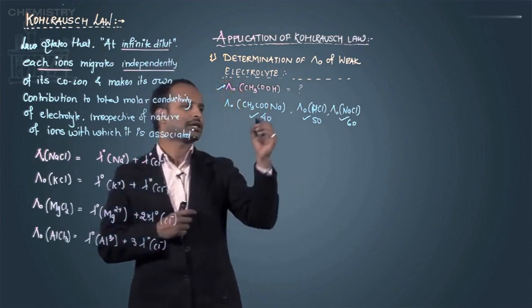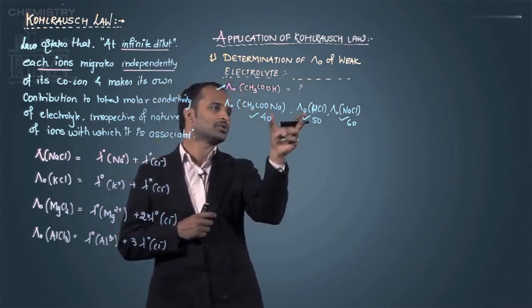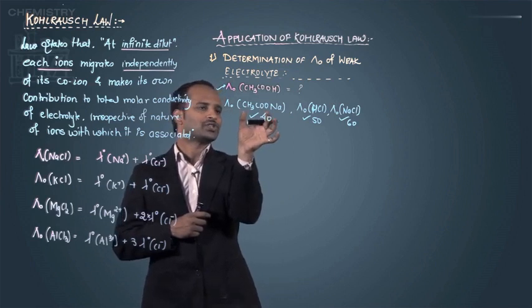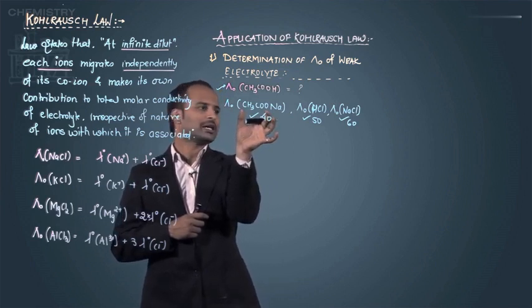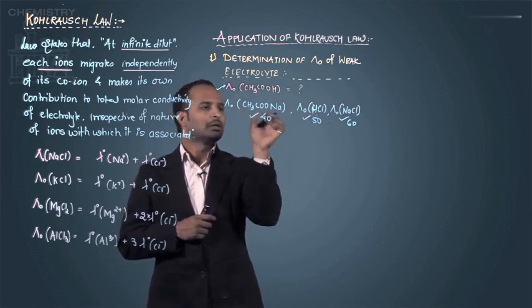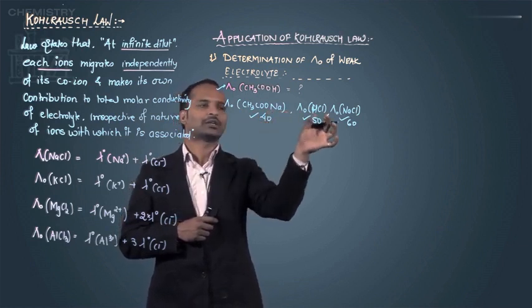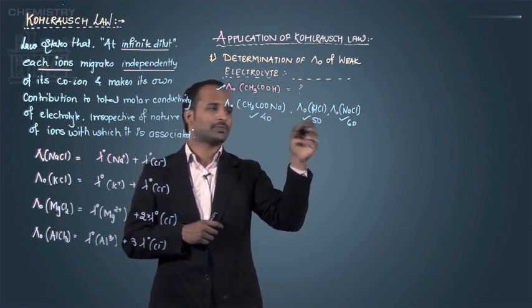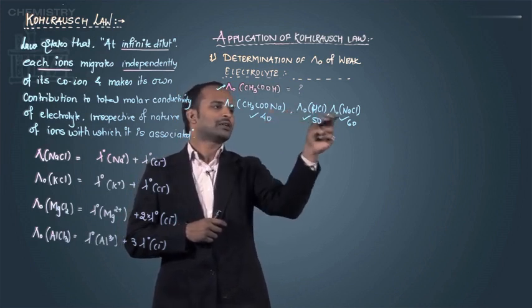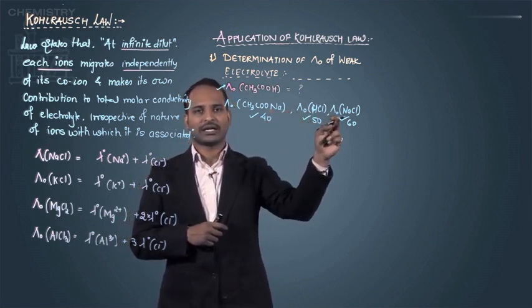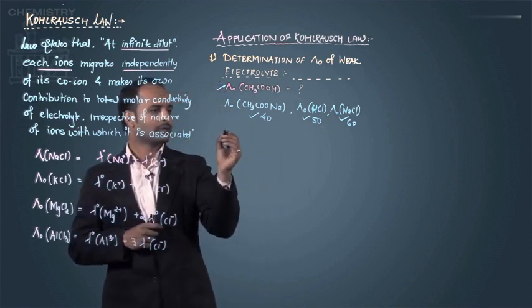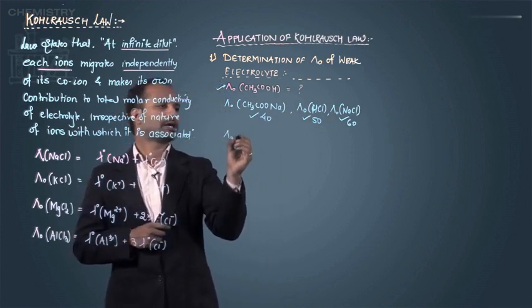ion. So simply I will say that here I am going to add these two, because on the addition from here I will get acetate ion, from here I will get H plus ion. But here in addition to acetate ion we are getting Na plus, which is an extra part. Here we are getting a Cl minus, which is again an extra part. So to remove that Na plus and Cl minus, we will subtract NaCl from this. So the first two will be added,